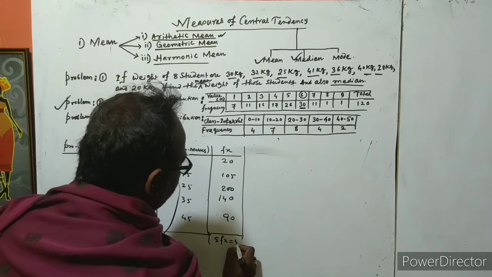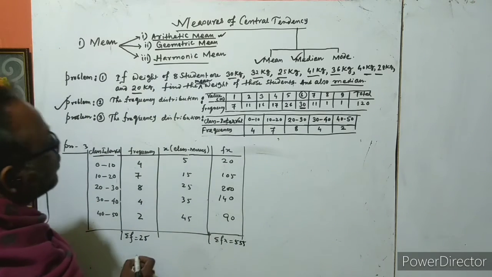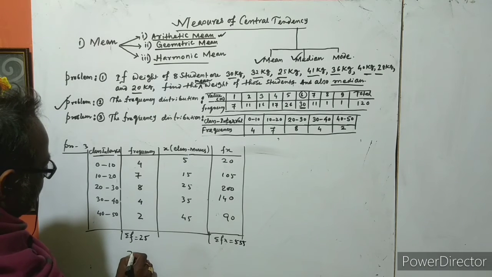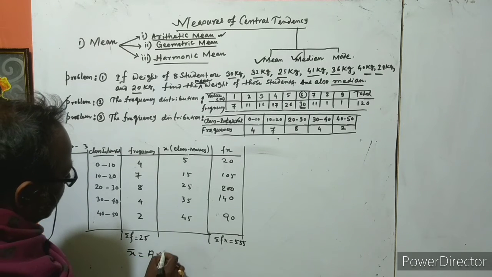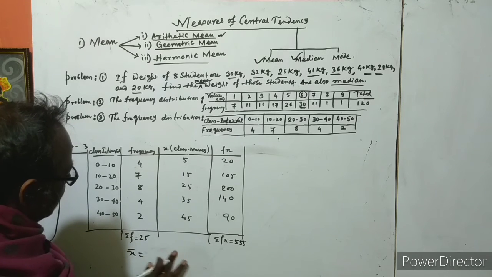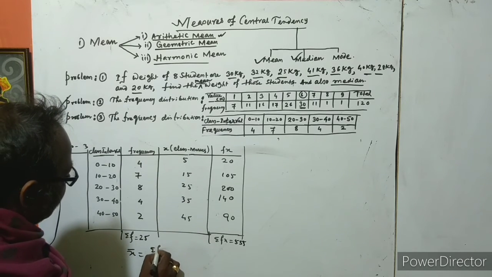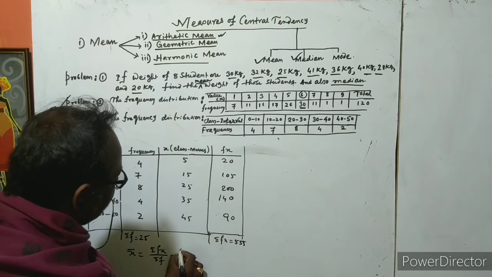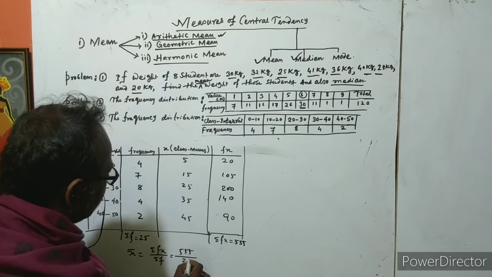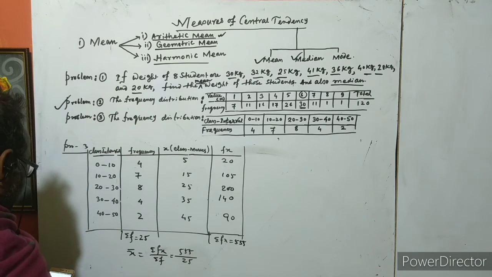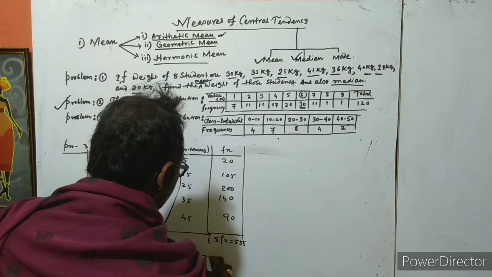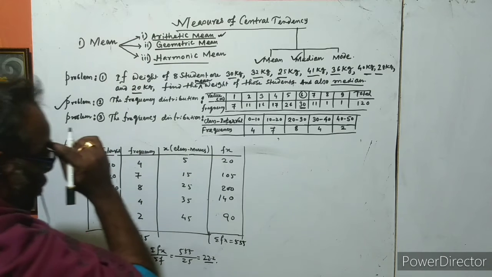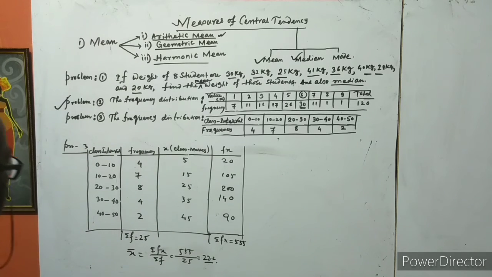Okay, you get here 555, and therefore x bar is equal to, no, this is the shortcut method, a is only the simple method. This is summation fx by n, where n is summation f, so that is your 555 by 25. Okay, dividing 555 by 25, we get here 22.2. Okay, now the another table,